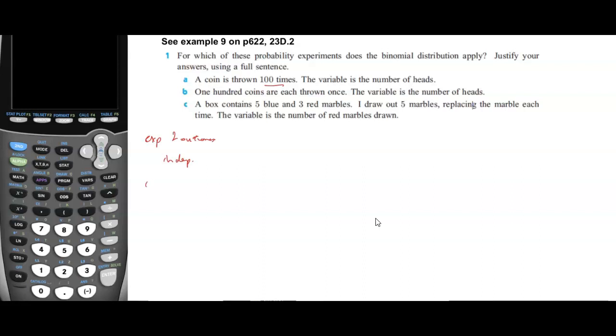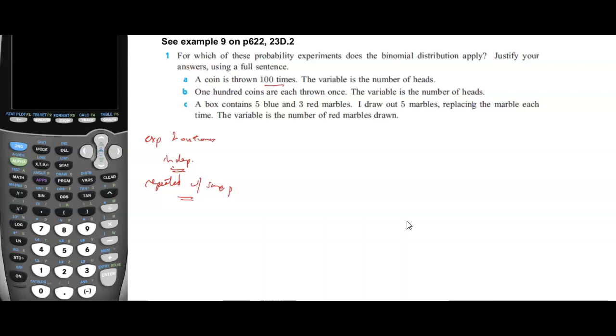So it's like repeated with the same p-value or probability of success. You know, like when you have with replacement, without replacement? Well, without replacement violates 2 things. One, it's not independent, right? So like if you have without replacement, then the first experiment affects the second experiment. The other thing is they don't have the same p-value every time, right? So that's kind of what we're looking out for. We're looking out for, is there a